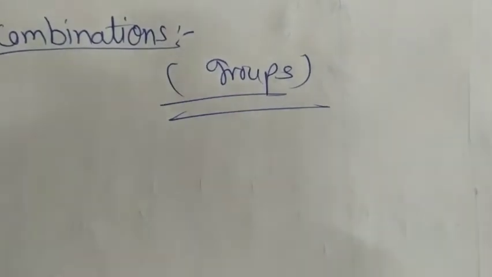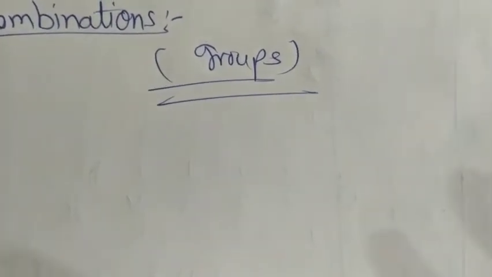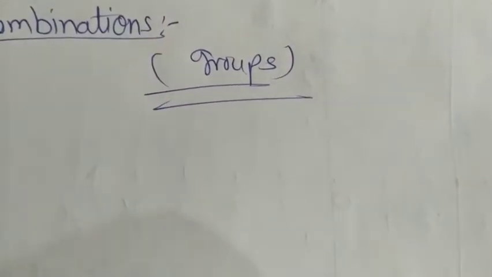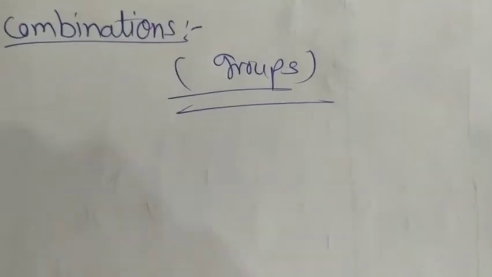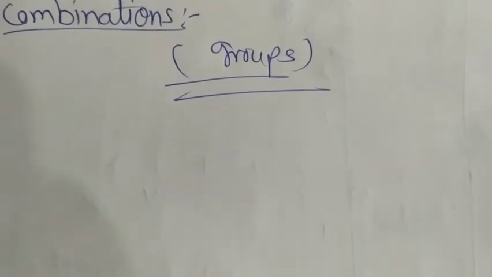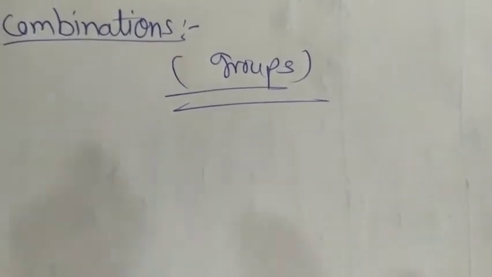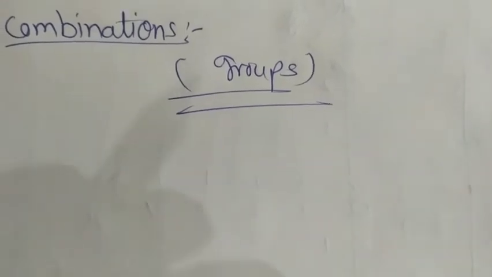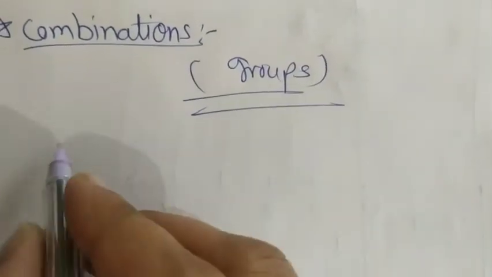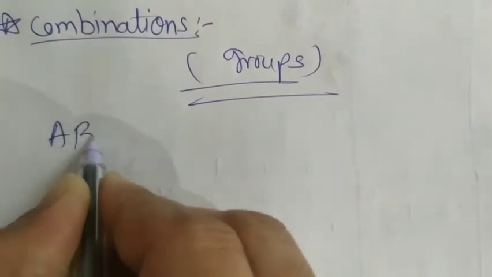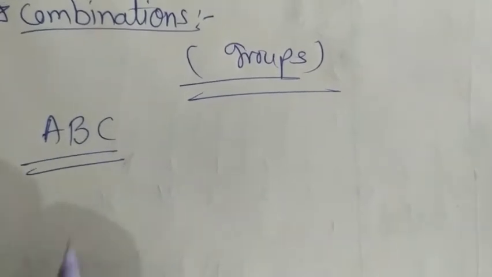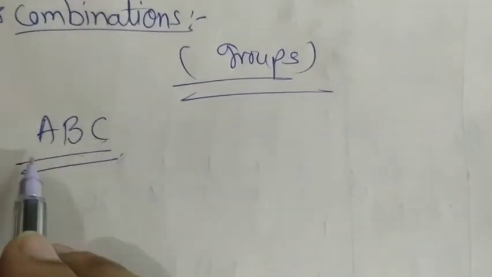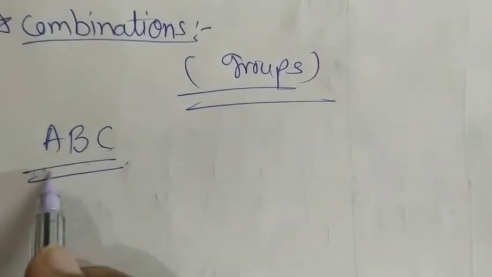That is called combination. When we are making permutation, it means we choose some specific persons. After that we arrange them in a line or in a specific order. That is called permutation. And when we are only choosing someone, that is called groups or combination. Suppose I am given 3 alphabets A, B and C, and I need a team of 2 persons. Suppose A, B, C are 3 persons.